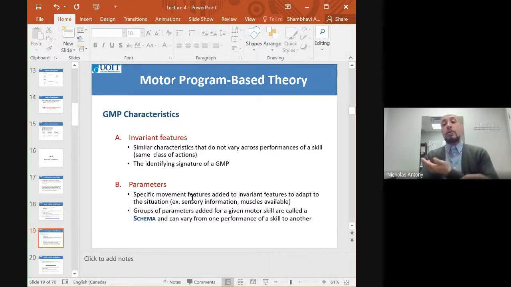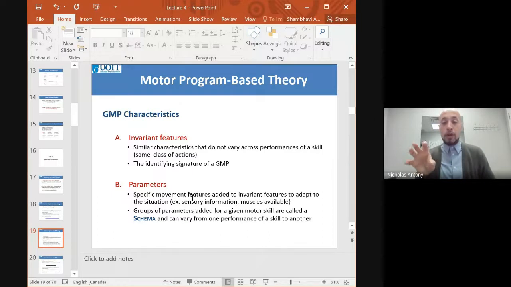The way that they described what would be stored in our brain and what would distinguish different motor skills is, okay, so I can pick up this cup. If I pick up a mug, is that the same motor skill? Is brushing your teeth the same as drinking? Is that the same motor skill? So what's one motor skill that you're memorizing and what's not? So what they would suggest is that